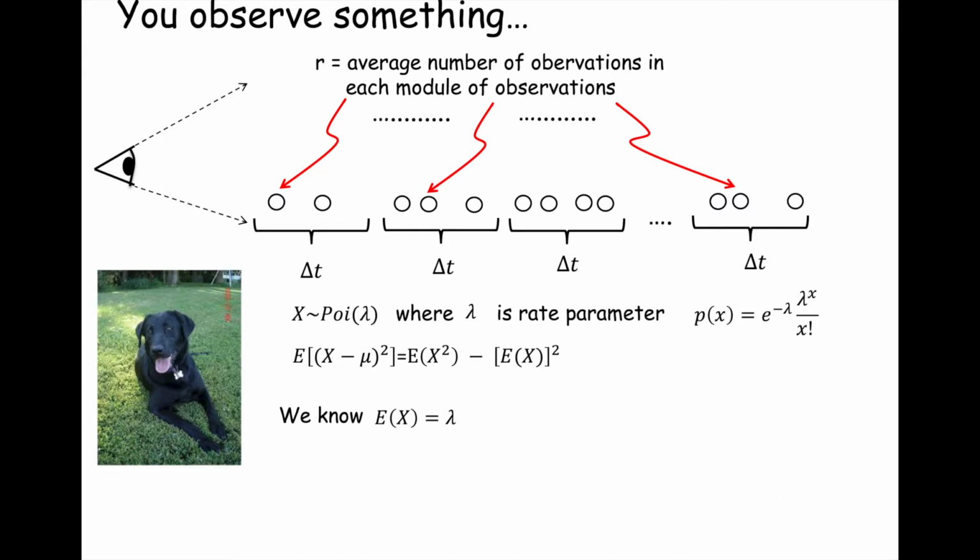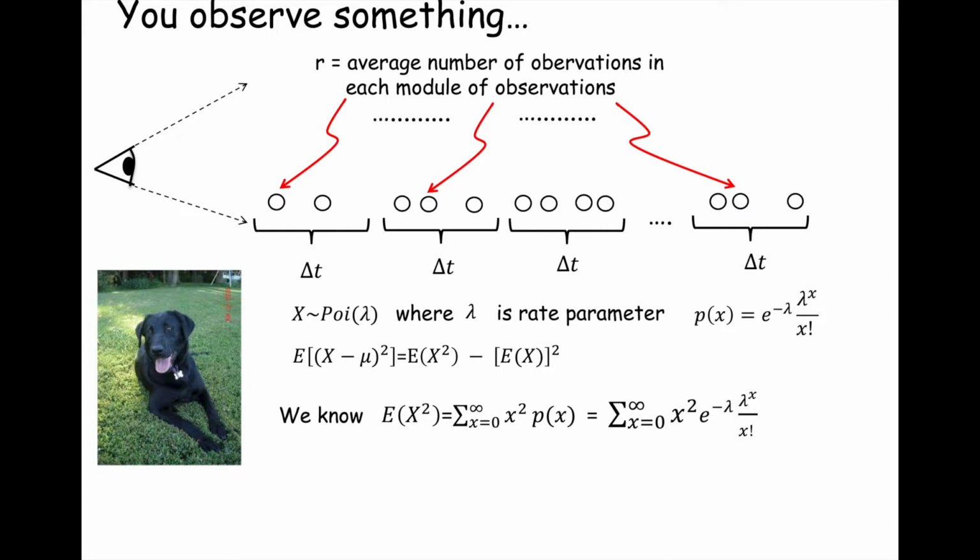Okay, so you know that E of x is equal to lambda. So now we're going to show the E of x squared here, right? So we're just going to do a substitution. So E of some expression, and let me write it in general terms and then show what I have on the slide. If you have the expectation of any function of x, that's equal to the sum of that value of the function times the probability of x. So if my function is x squared, to find the expectation of x squared, that's just x squared times the probability of x. It doesn't matter what that function is, okay?